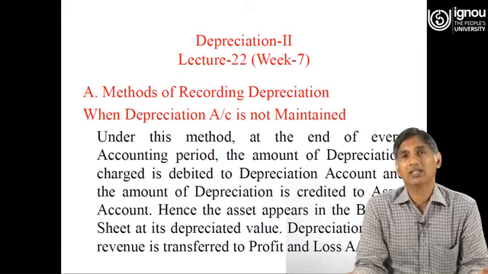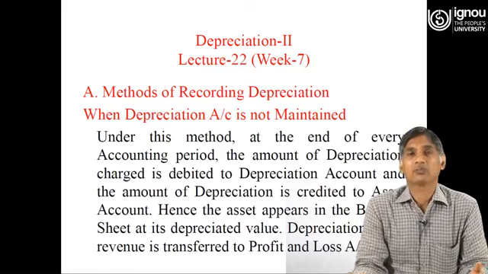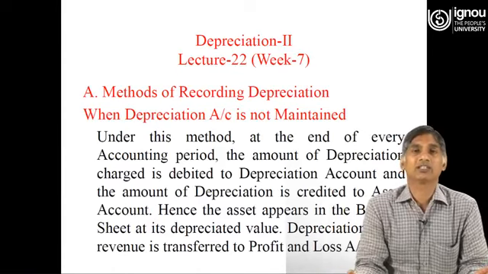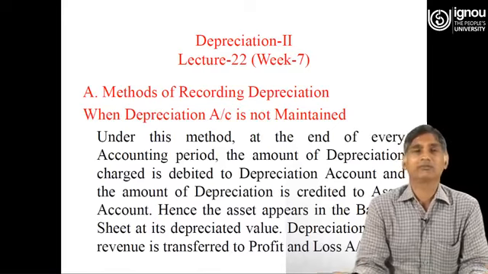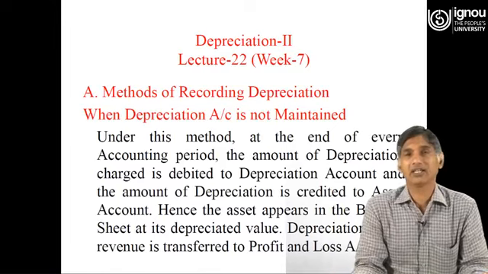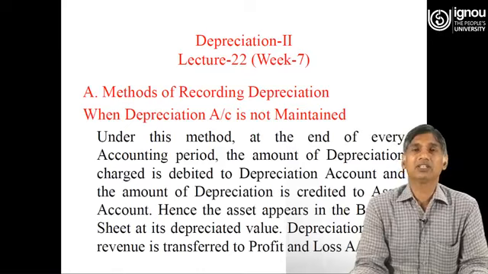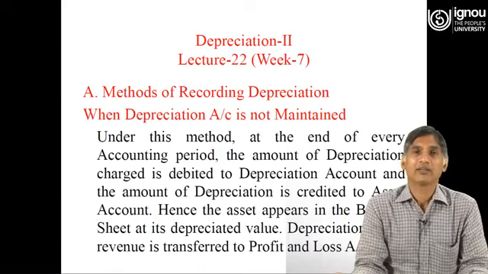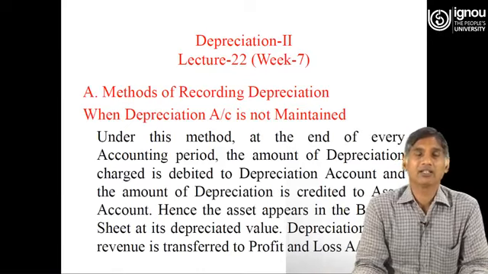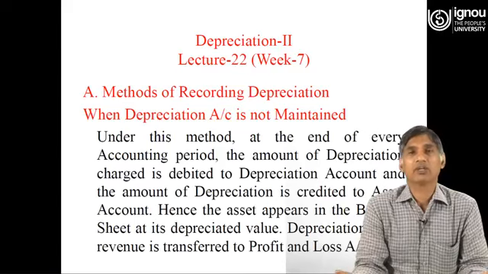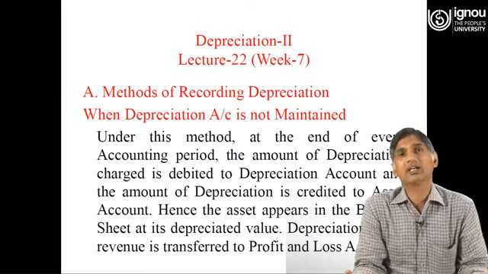So accordingly the balance of provision for depreciation account will be 20,000, and the asset will be shown in the asset side of the balance sheet against rupees 1 lakh, the same original price. Then again in the third year the asset will be shown on the asset side against rupees 1 lakh, but on the liability side of the balance sheet the provision for depreciation balance will be increased by rupees 10,000. Now the total balance of provision for depreciation account will be 30,000.